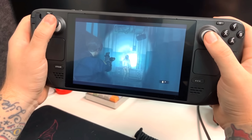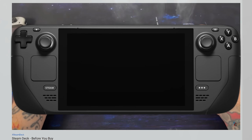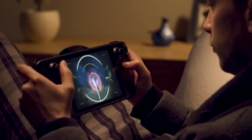So, we've had our hands on a Steam Deck for a while now. We put out a before you buy video, a general overview and our opinions, and we really like the device. Even with all of its first generation quirks, we've been having a blast. And now that it's finally starting to show up a bit more and get into more people's hands,